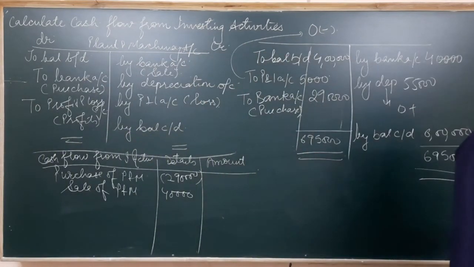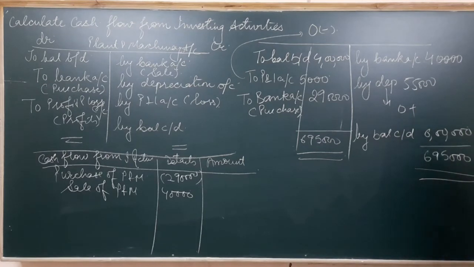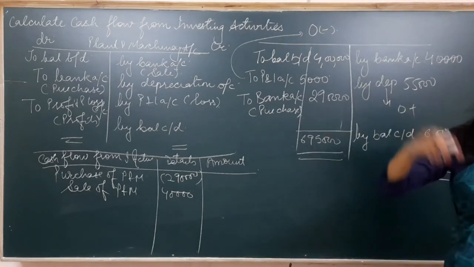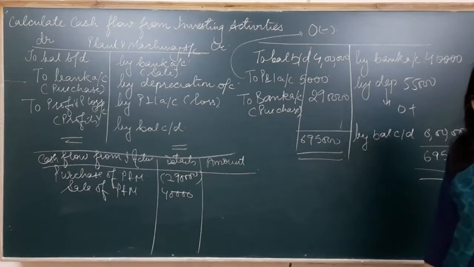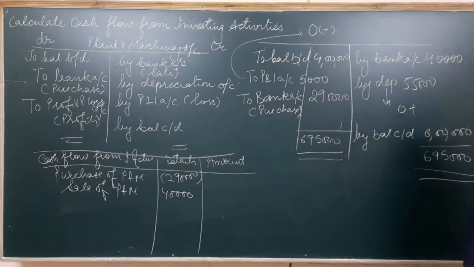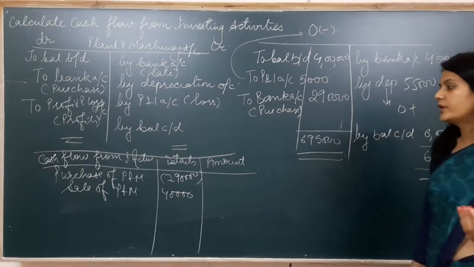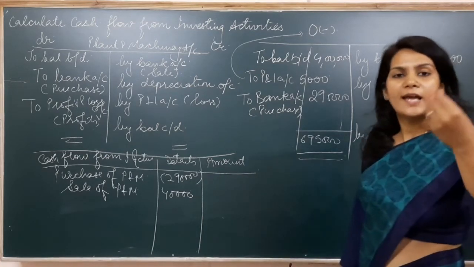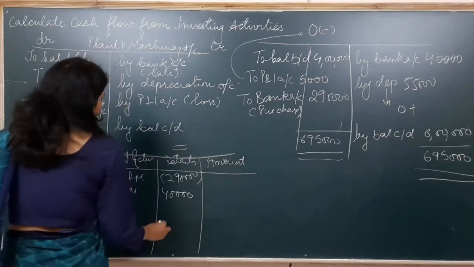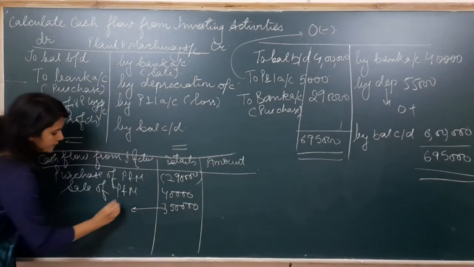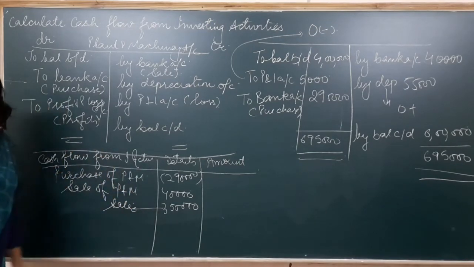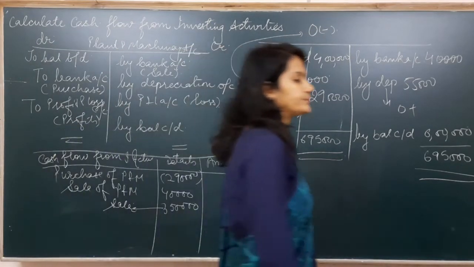Now let's read the next item which is given to us in the question. Next is 12% long-term investments. Last year it was 5 lakh, this year it is 1,50,000. You can check in the question. So it means that we have sold off investments of rupees 3,50,000, and by selling off the investments, cash comes into the business. So it will be written in positive 3,50,000. This shows sale of non-current investments.